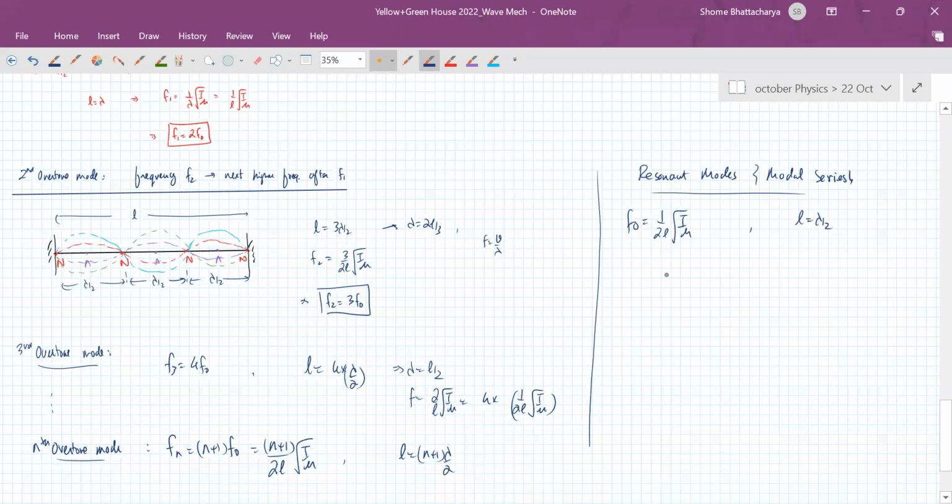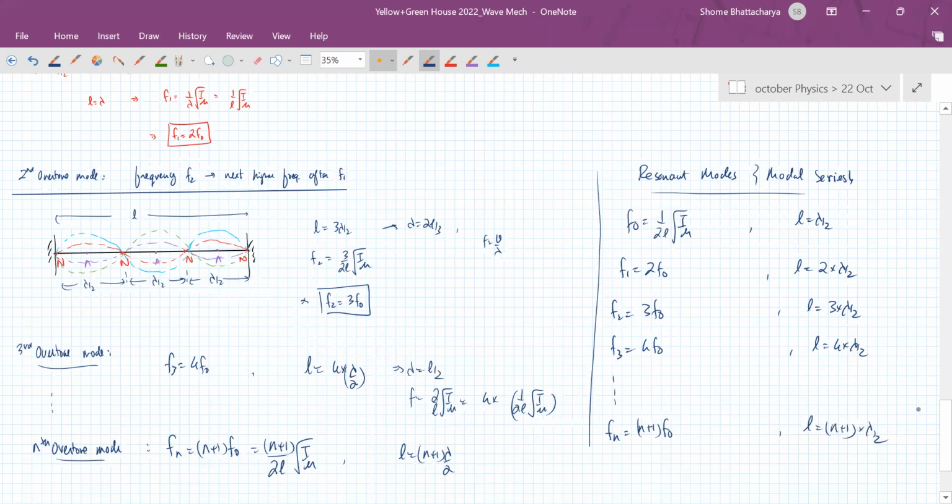So here first overtone is 2 times f naught, second overtone is 3 times f naught, third overtone is 4 times f naught, and like this the series continues in general to the nth overtone, where the frequency of the nth overtone is n plus 1 times the fundamental, because the string